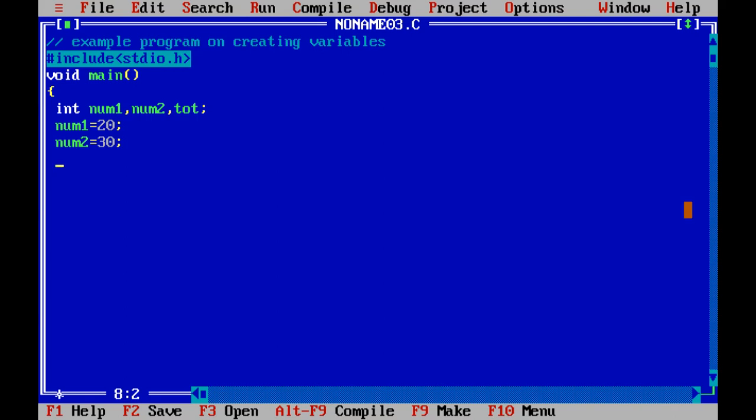By adding num1 and num2, we get 20 plus 30, that is 50. That 50 is stored